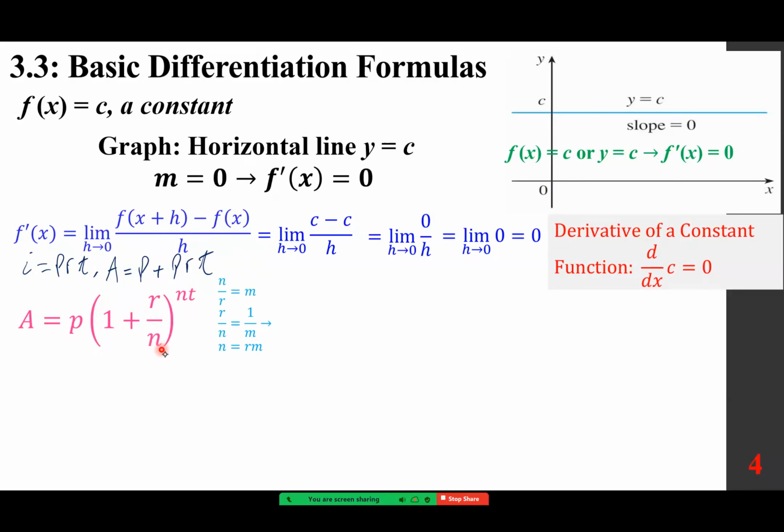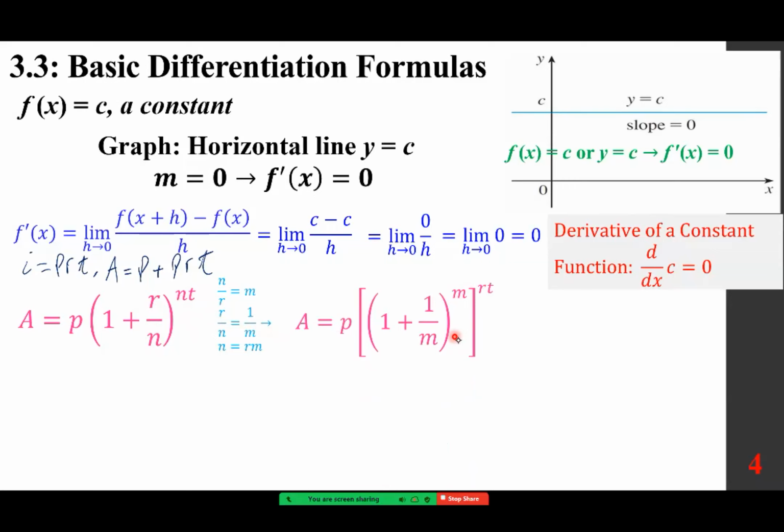Now, if we let m represent the reciprocal of this n over r, then the reciprocal of m, 1 over m, represents r over n, and the cross product n becomes rm. I'm reminding you of what we did in college algebra and pre-calculus in this case. So we're going to replace the r over n with 1 over m, and n times t is r times m times t. So n times t is r times m times t, and we put the m here. This is the product of all of them. Now this portion,